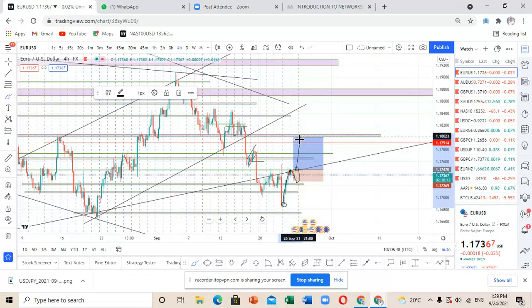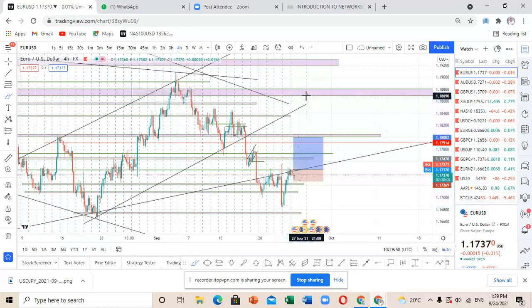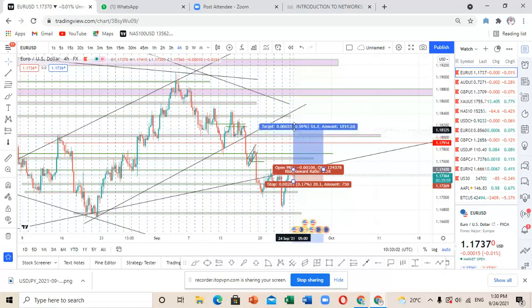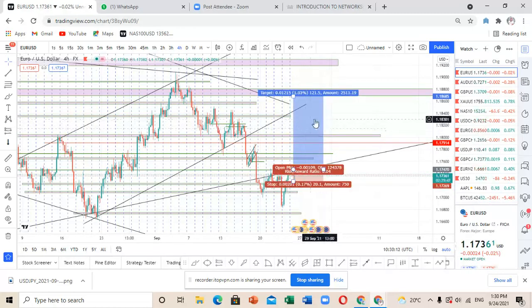expecting that the markets are going to come to this particular level. We may experience some pullback to the downside again, but then I'm expecting that they are going to also create a breakout to the upside to come to this particular point of resistance. So for the long term, what I'm expecting is that the markets are going to move from this particular region to this particular region. So that is what we are expecting for the long term when it comes to the 4 hour time frame. So in this trade, I think when we'll be getting into this trade, I'll just be